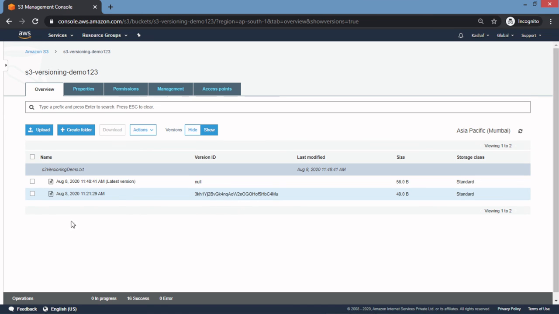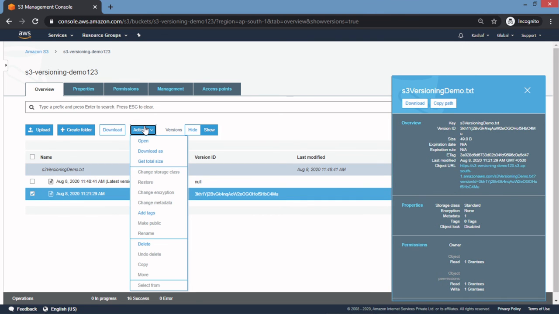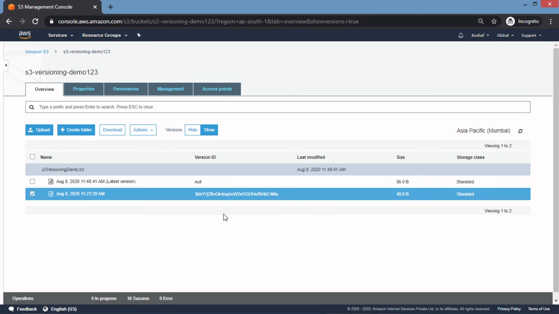They are as they are, and you can still retrieve any particular version. You can pass the version ID in your request and still get any previous specific version of the object. Okay, this is how suspended bucket versioning works. I hope you understand this.